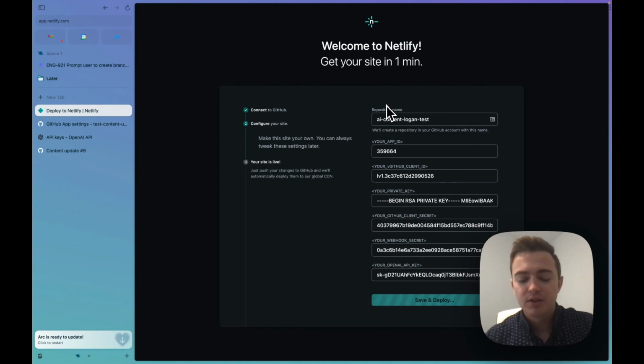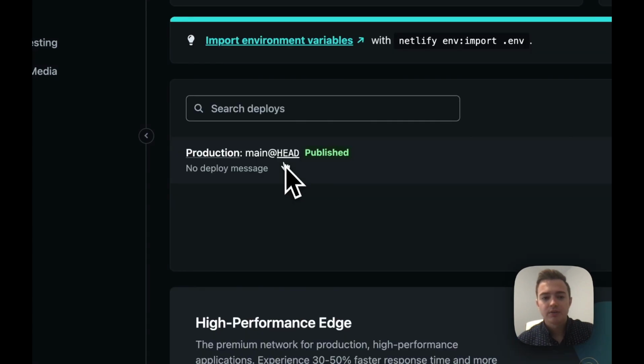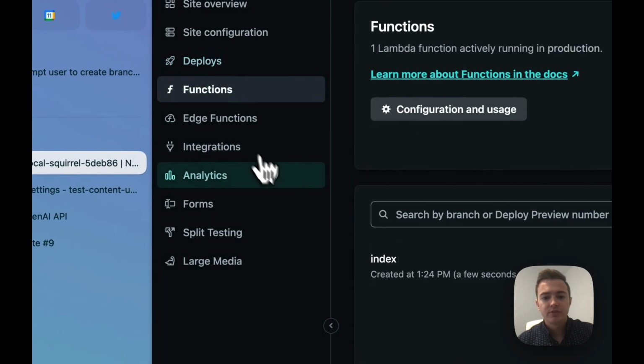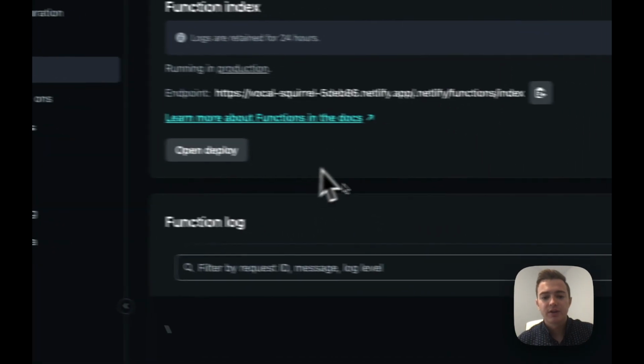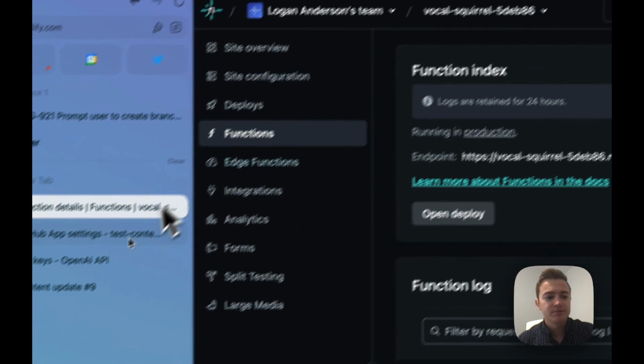It should be pretty quick because all it's doing is building a single Netlify function. In past experiences, it's only been about 20 seconds. All right, so it looks like it's all ready. If we go to functions, we can see we have this index function, and now we can copy that URL,